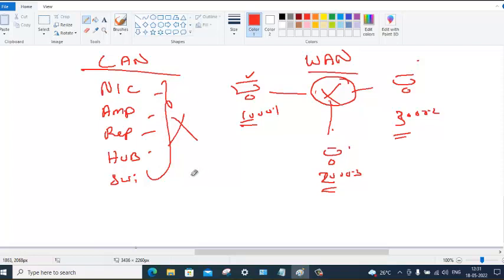Now in Cisco we have a switch called a multi-layer switch. Basically it's a LAN device, but you can enable routing in it.